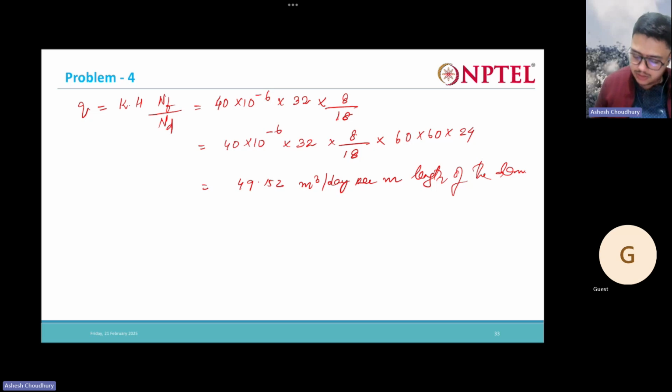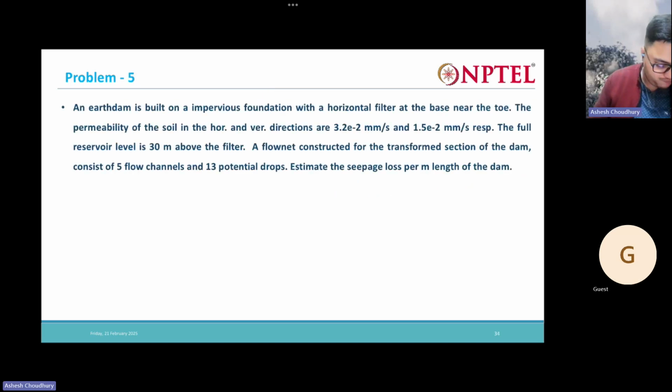Okay, now let us see the next problem. Similar problem. Okay, try to do this. This is the same problem. Almost the same. An earth dam is built on an impervious foundation with a horizontal filter at the base near the